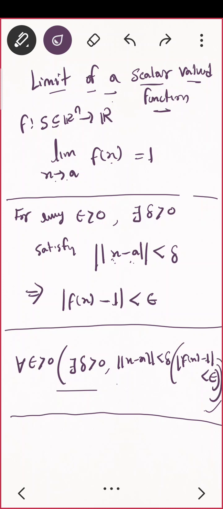Nice. So once I told you the definition is the same, you should ask, sir, what about the properties? Whether the properties are also going to be the same? And the answer is yes. The properties whatever we have for limit, that is sum of two: if I say limit of function f is L, limit of g of x is m, then their addition will be L plus m.